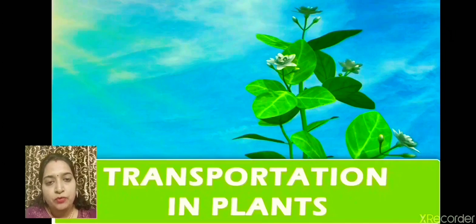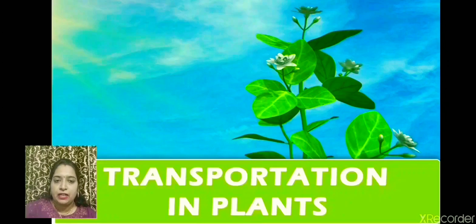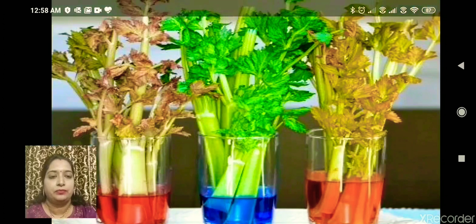You can prove it with the help of an activity, children. Take a beaker, put some water in the beaker and add some ink. You can use different colored ink like red or blue. Then take a plant branch which is bearing a white flower, and dip that branch in the beaker. After a few hours you will observe that the flower has become the color of the ink you have put in the beaker, like you can see in this activity.